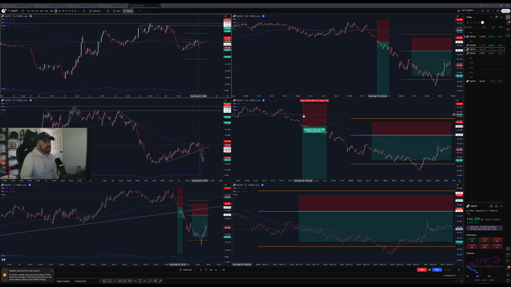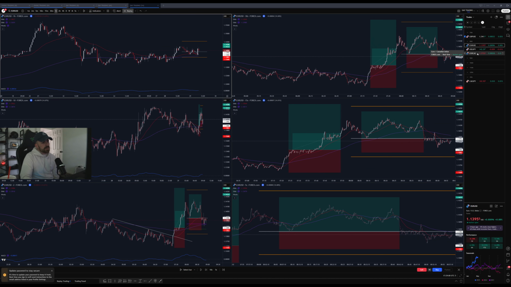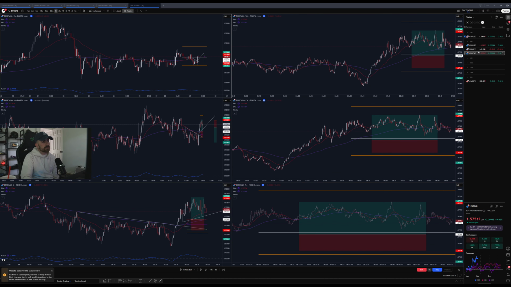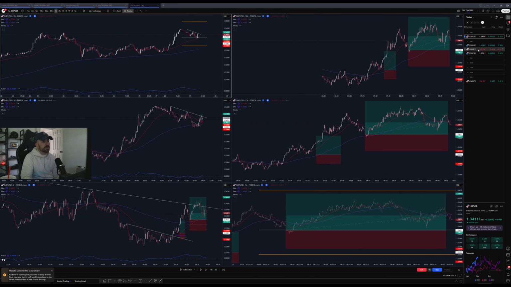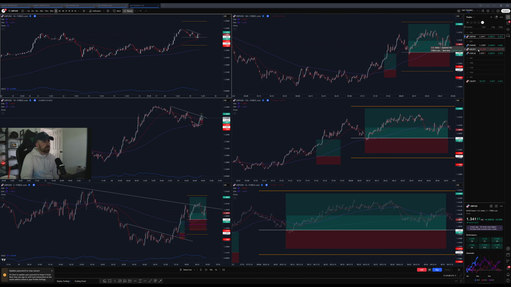But I'm kind of liking this concept of finding a daily setup and then entering it with an MBO style entry. Some of these entries are a little looser than I'd like, but I'm just position sizing everything and seeing how it plays out. But most of the time, these MBOs, if you pair them with a daily setup and a 1 hour move, and you time it correctly, it works out nicely.